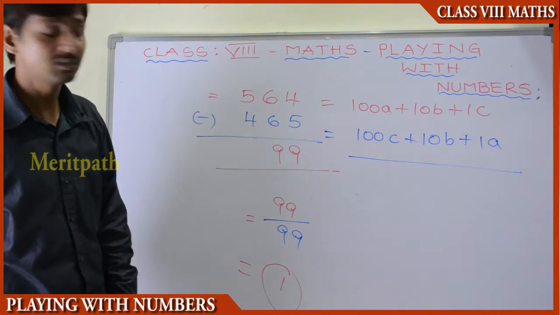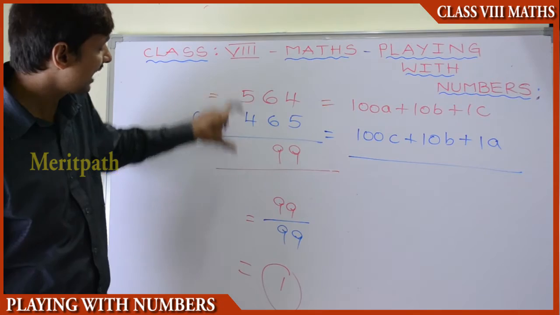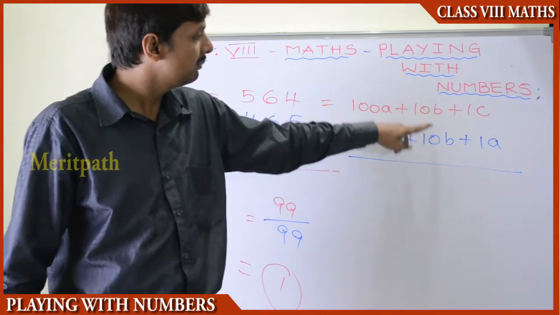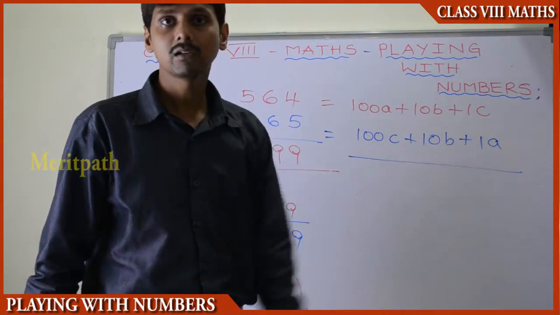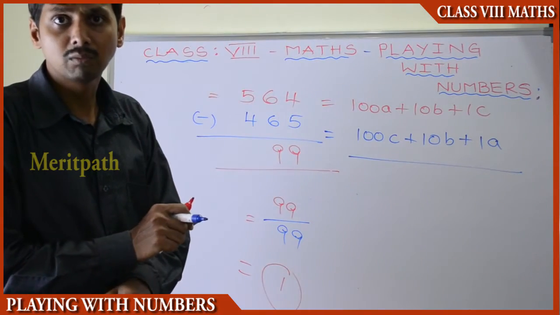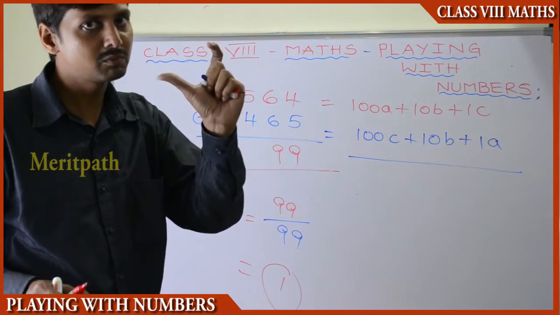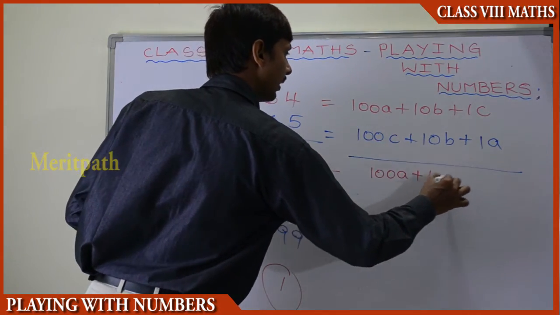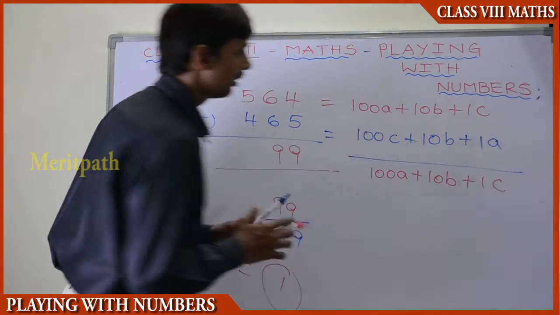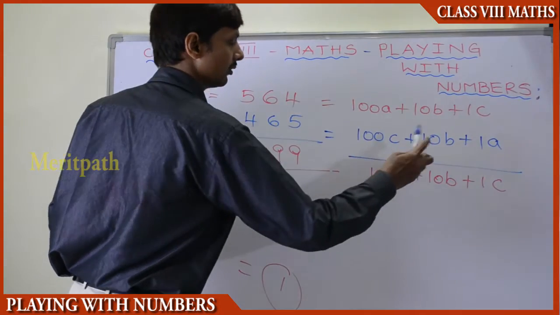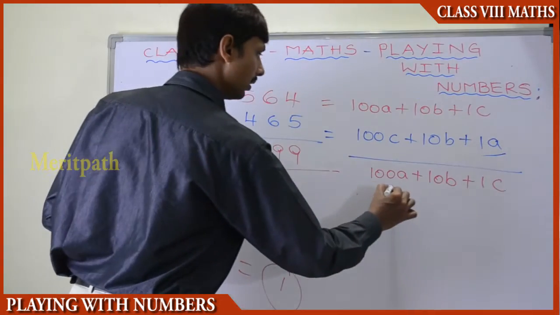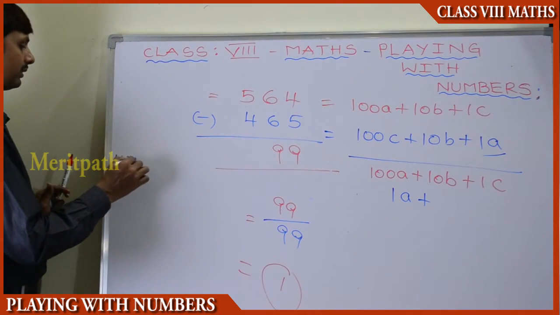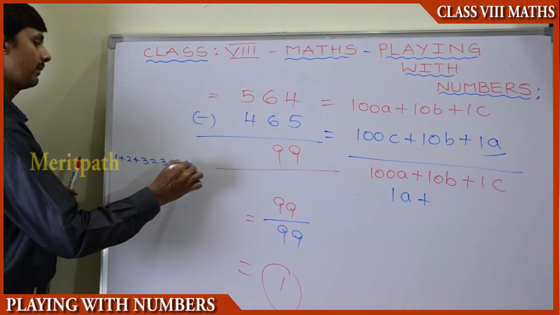Now let's subtract these two numbers. There is no problem with the subtraction of these two numbers, because these are numerical values. Here we have A and C, and B and B the same, but there is C and A. So let's take them as groups to subtract these two numbers, because we can subtract like terms, the same variables. So take 100A plus 10B and 1C. This is 100A, so let's take this 1A into the group, because these two are the same variables. We know the concept: 1 plus 2 plus 3 is nothing but 3 plus 2 plus 1, so there is no change.